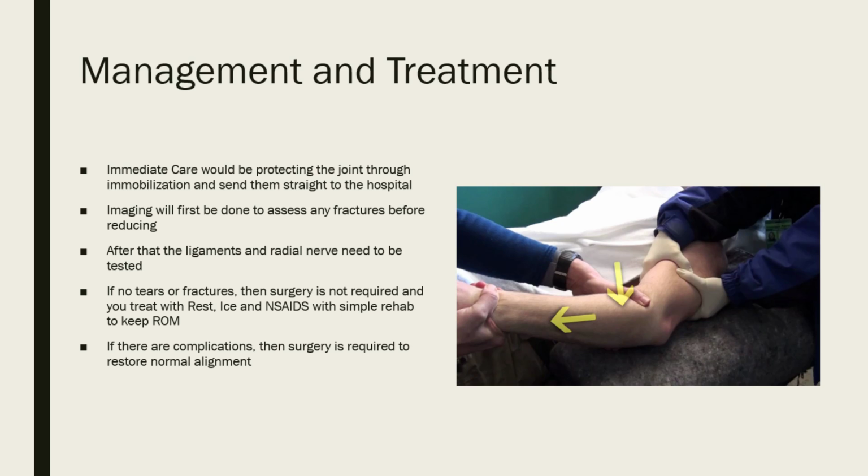If there are no tears or fractures, then usually no surgery is required, and they're going to reduce it, as you see them doing in this picture. After that, they're just going to rest it, ice it, use NSAIDs, and try to get some simple rehab to get a little bit of range of motion back while they recover. If there are complications, whether it's a rupture or a fracture, most likely surgery is going to be required to restore the normal alignment before we get into restoring range of